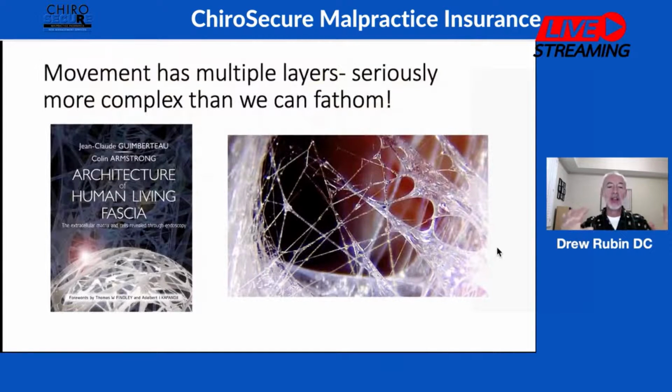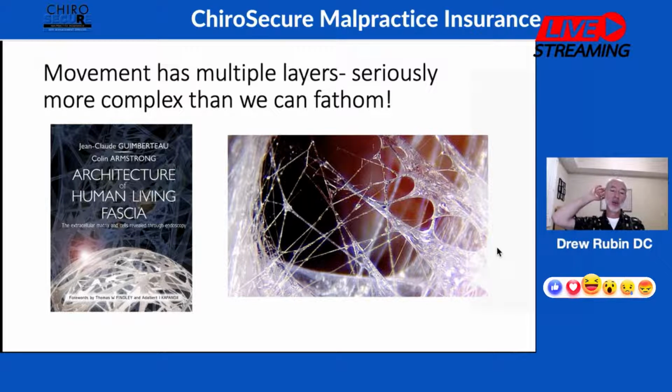So, therapy and rehab in particular. One of the books that I mentioned there, and Mr. Myers commented on, was this another amazing book. I personally think you guys have got to get two books on Amazon here: The Anatomy Trains, 4th edition, the latest one that just came out, and this one, The Architecture of Human Living